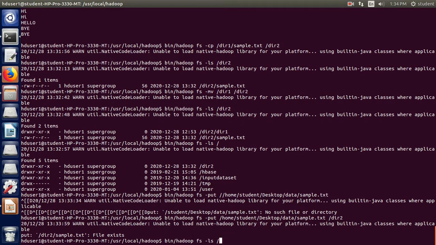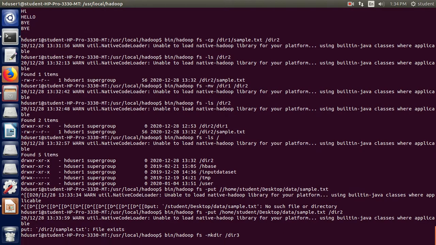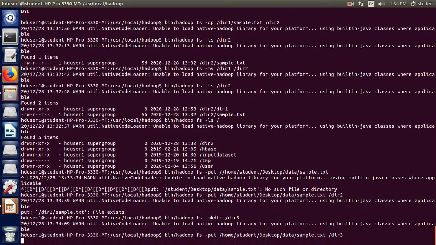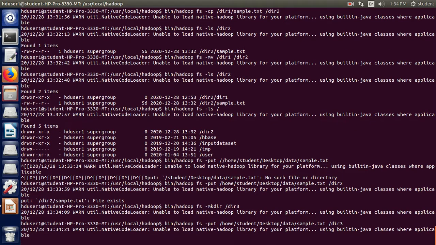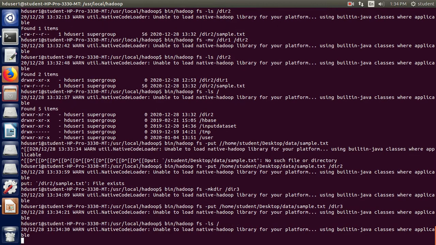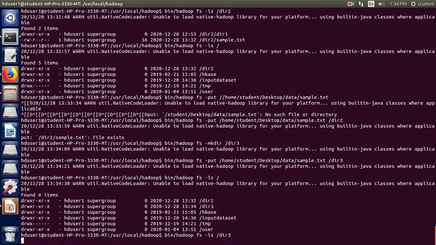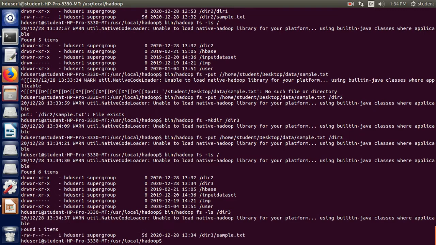So what I will do is I will create a new directory over here first, and then I will put this sample.txt from the local to this dir3. Okay, so I will put this home student desktop data sample.txt, which is already there in the local path, to dir3. So now the put command is working like it is creating a file from the local to the HDFS file system. So I can again ls this, what are the contents of this. So dir3 is already there, but what are the contents of dir3, that I can also check over here. So the same file from the local is taken and is put inside dir3. Okay, you can see sample.txt inside dir3.